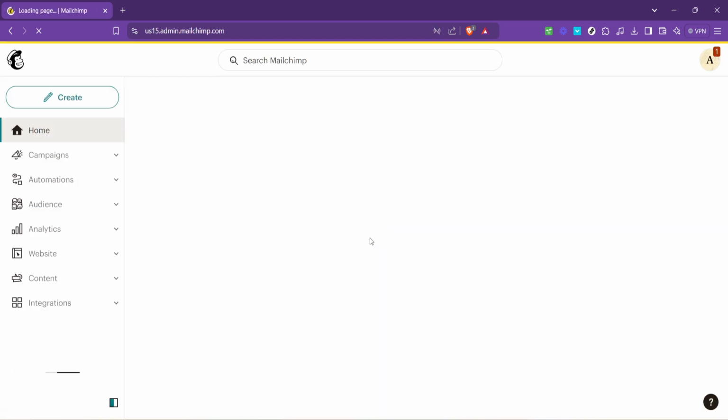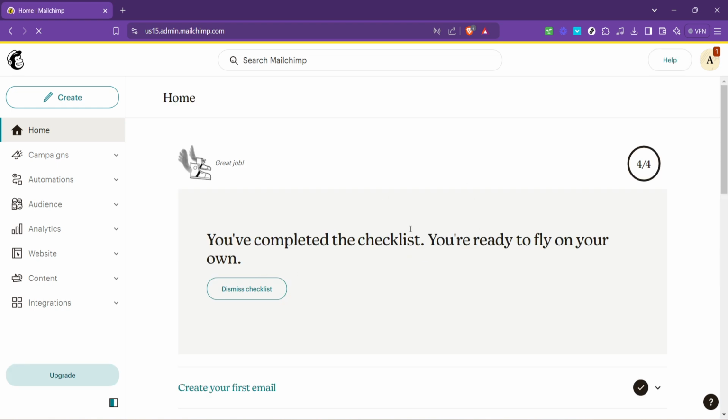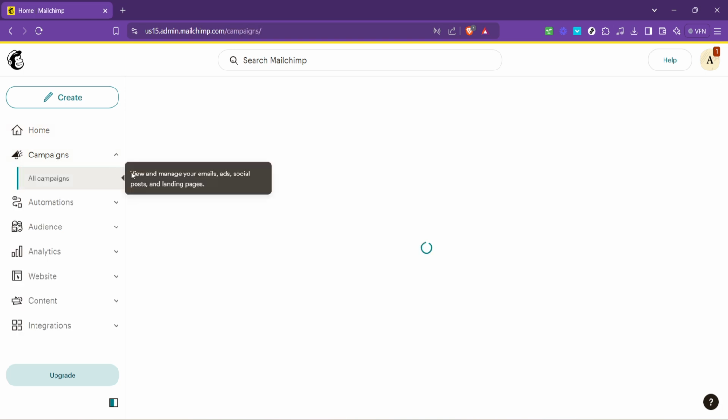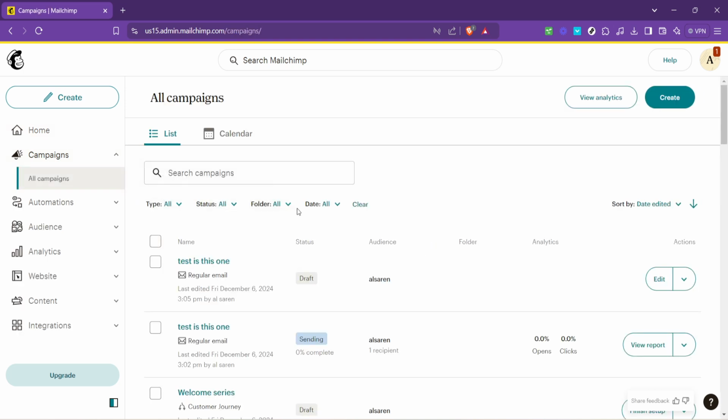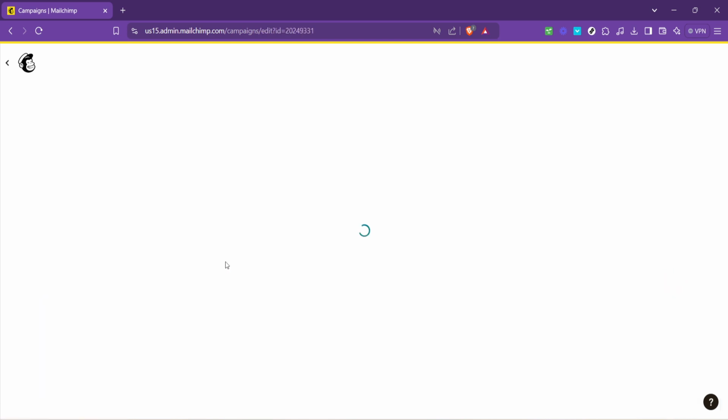Upon entering MailChimp, direct your attention to the navigation and locate the campaigns section. This area is crucial as it houses all your marketing campaigns, including the newsletters you're eager to share. Clicking on campaigns opens up a world of your crafted messages, and here's where you choose which newsletter you'd like to showcase on Facebook. Select the campaign of your choice by clicking on it.